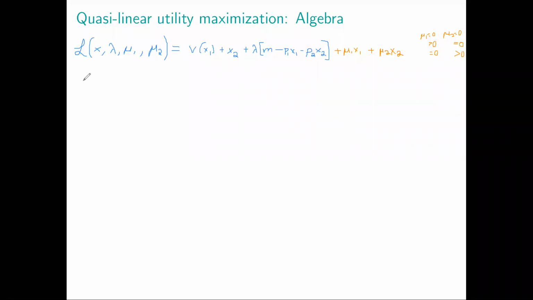So looking at the first order condition, if I first take the derivative with respect to x1, then this is going to be v prime of x1, right? So this is a function that only depends on x1, so I'm not going to write the normal long partial derivative definition here. This will be plus lambda, or sorry, minus lambda p1